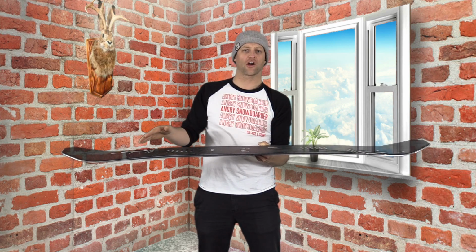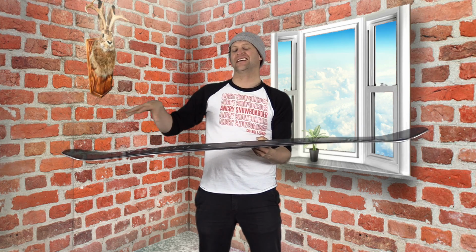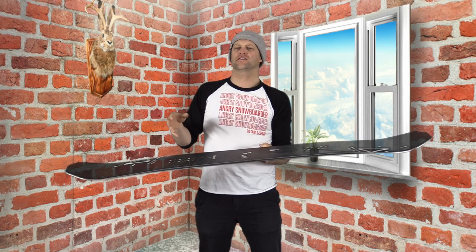This board features Telos's park camber, which is a camber 2.0, so instead of that standard arc in the middle, it's flatter between the feet and then it kinks down into the contact points. Basically, it reduces how much stress and load you have to put into the board to get the same pop